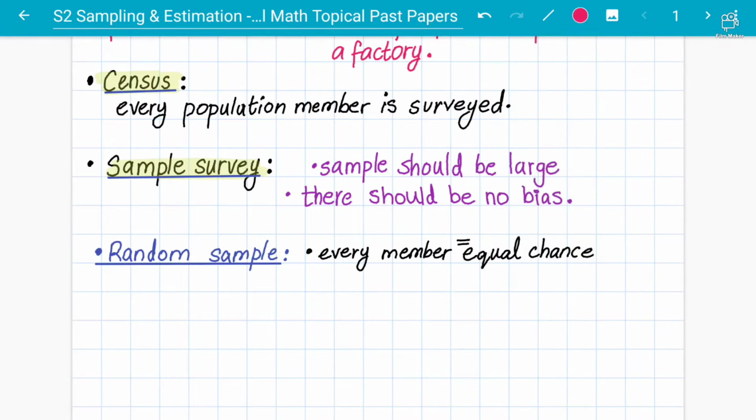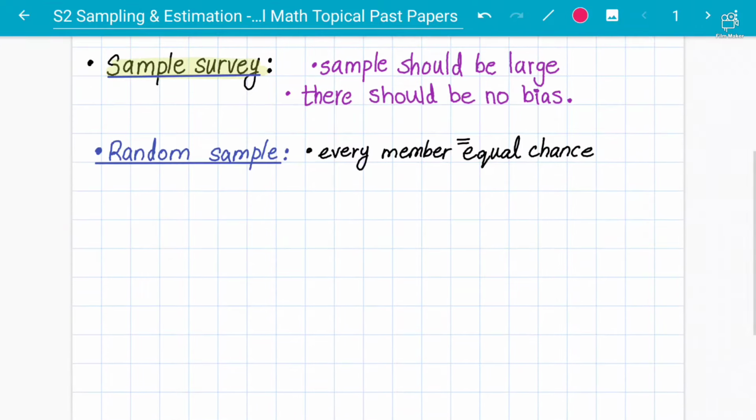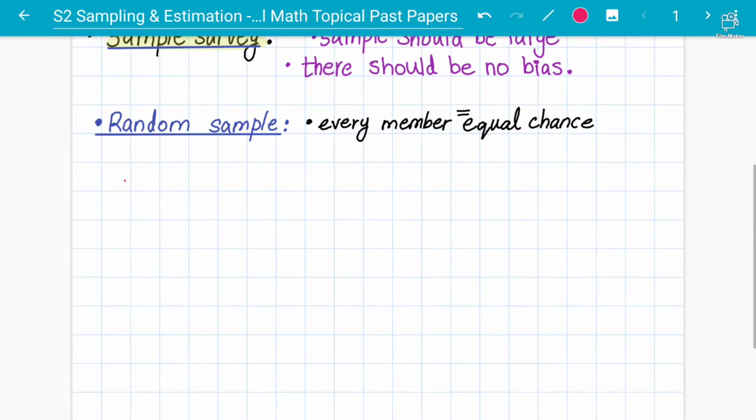There are a couple of options. Okay, students, so let's understand and let's learn that as well. There are a couple of options available for doing these random samplings. One of them is drawing lots. So the examples and methods of how you can do the random sample: the first one we can say is drawing lots. What is drawing lots? It is basically just the lucky draws that we have in real, practical life.